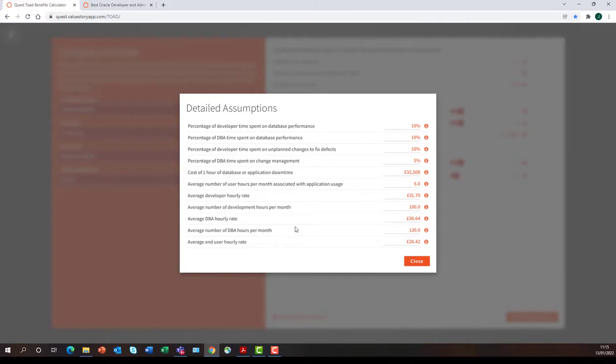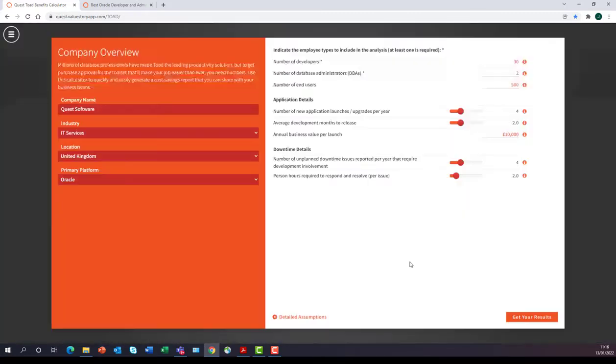Now these cover things like, how do your developers and DBAs actually spend their time? What are they paid? How many hours a week do they work? And these are drawn from industry averages, but you can go into each of these and get information about how we've arrived at this number, and you can go in and edit the number if you so wish. So I'm just going to edit one of them, which is the amount of time that DBAs spend on database performance, because I feel like 10% is a little on the low side. I know that my DBAs are spending a lot longer than that on tuning SQL, and you can tweak any of these other numbers as well. Okay, so close that. And that's it as far as this is concerned.